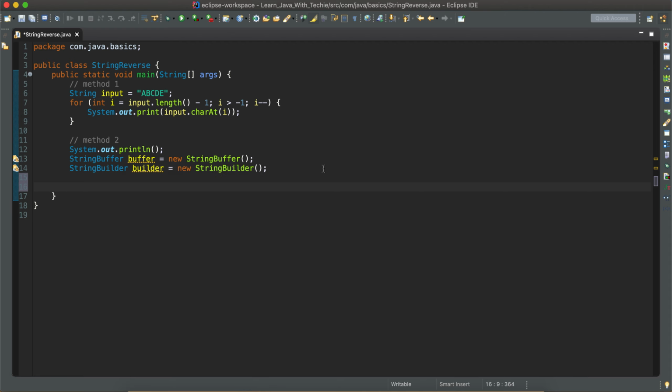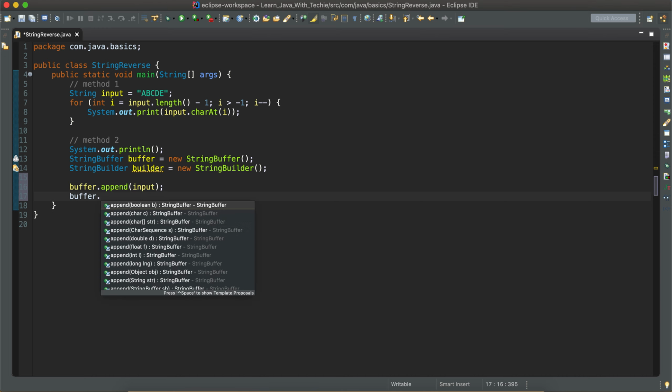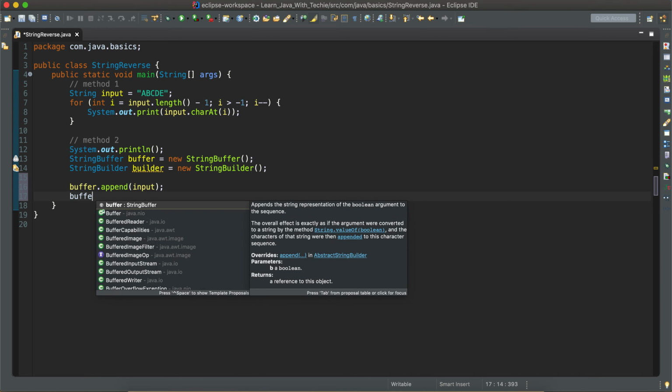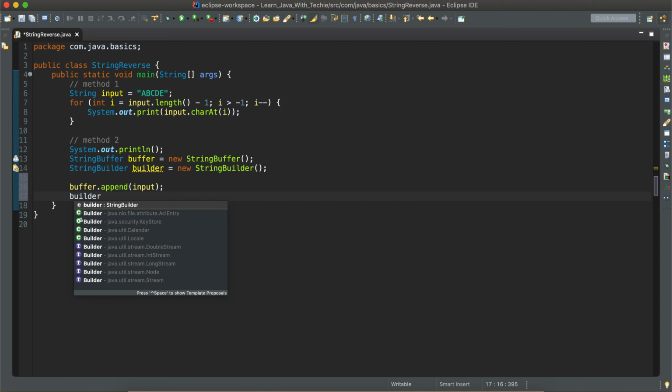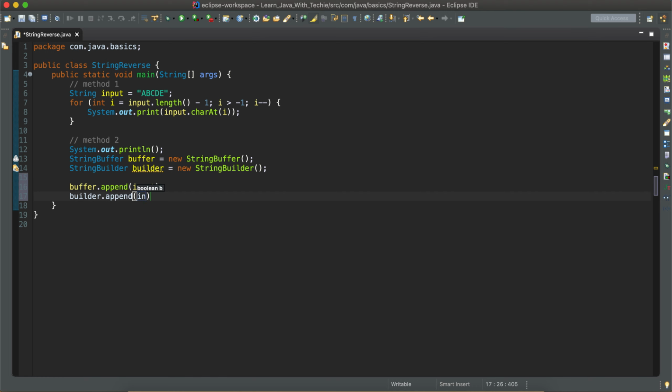To initialize a value, or if you want to change the value, there is a default method called append in both buffer and builder. I'm going to append the input to buffer and builder. So now the value of buffer and builder is set to A, B, C, D, E, which is our input string.